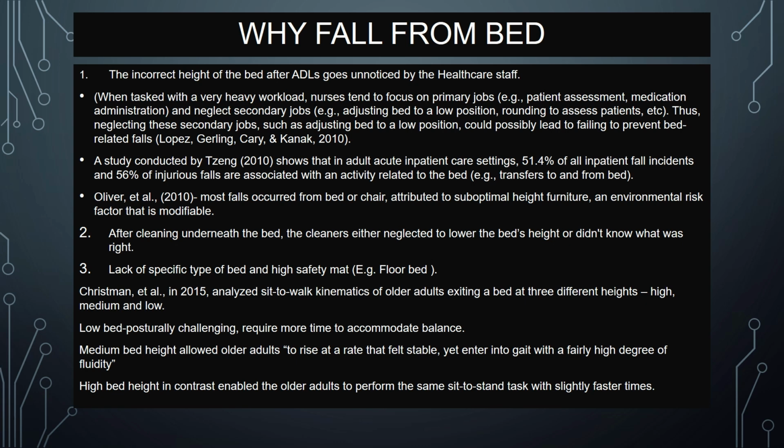A study conducted by Lopez, Gerling, Carey, and Kanak in 2010 concluded that when tasked with a very heavy workload, nurses tend to focus on primary jobs such as patient assessment and medication administration and neglect secondary jobs such as adjusting bed to a low position, rounding to assess patients, setting bed alarms. Thus, neglecting these secondary jobs, such as adjusting the bed to a low position, could possibly lead to failing to